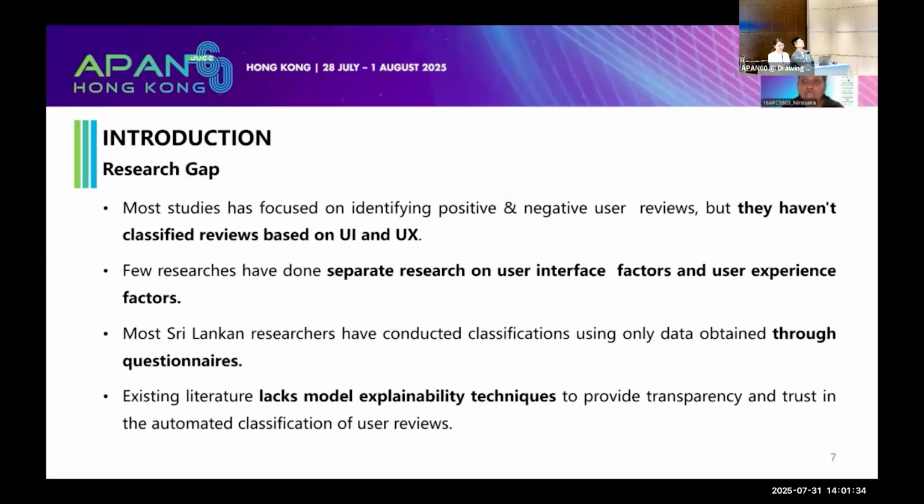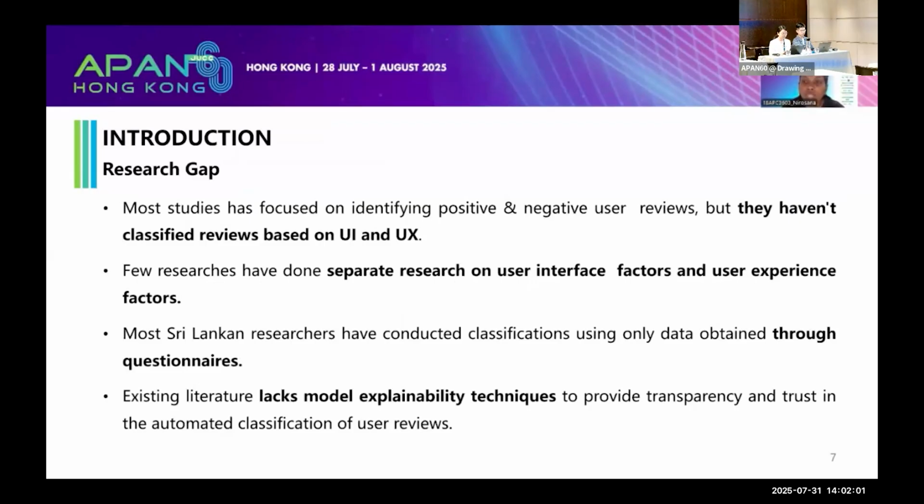I found that while many studies classify reviews as positive or negative, they didn't go further to separate them into UI and UX categories. Some focus on UI or UX individually, but not together. In Sri Lanka, most researchers rely on questionnaires, not real user reviews from the App Store.